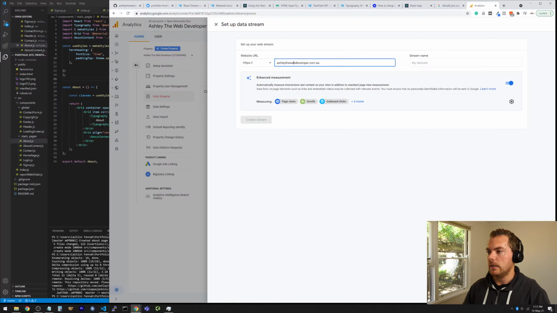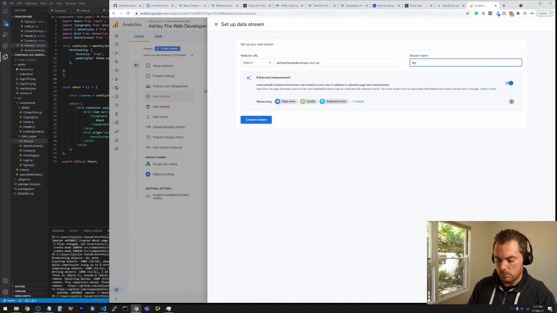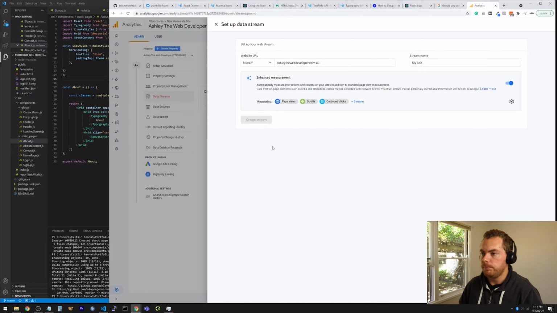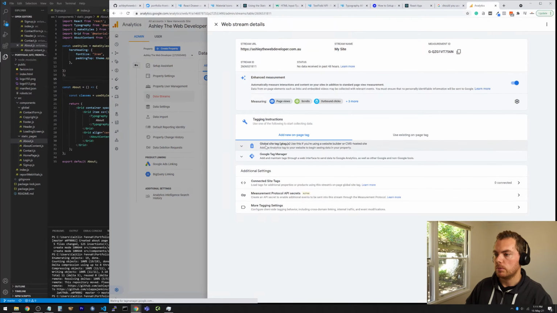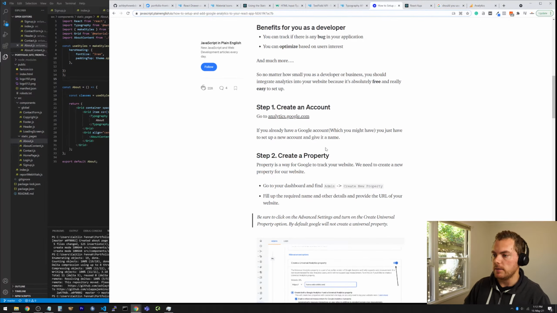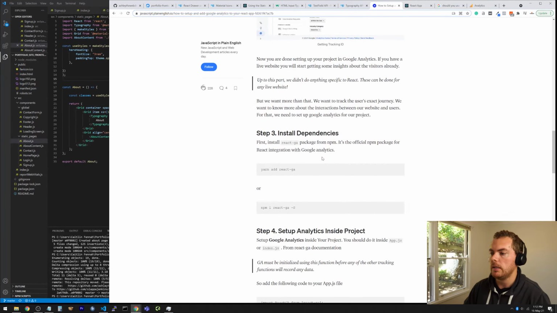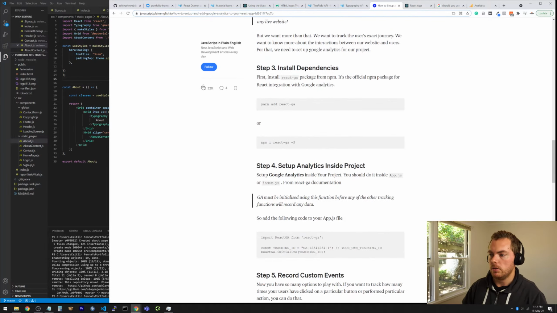So Ashley, the web developer.com.au, yeah, my site, enhance, yes, that's fine. Create stream. We want to get our measurement ID. I'll actually just leave that there for a sec. We'll see how we're actually going to implement this. So we created our property, we've got our ID. So we need to install